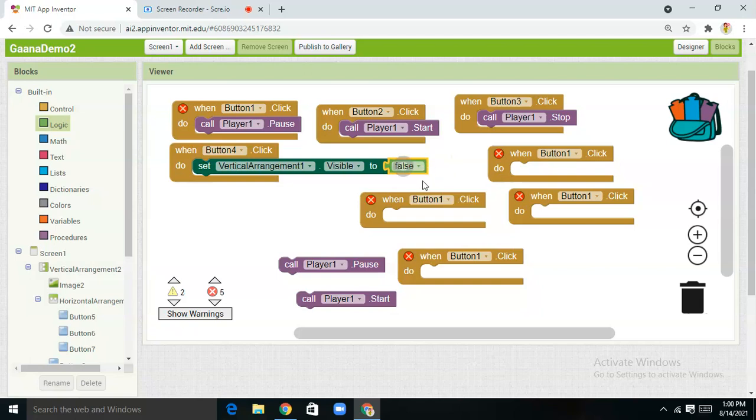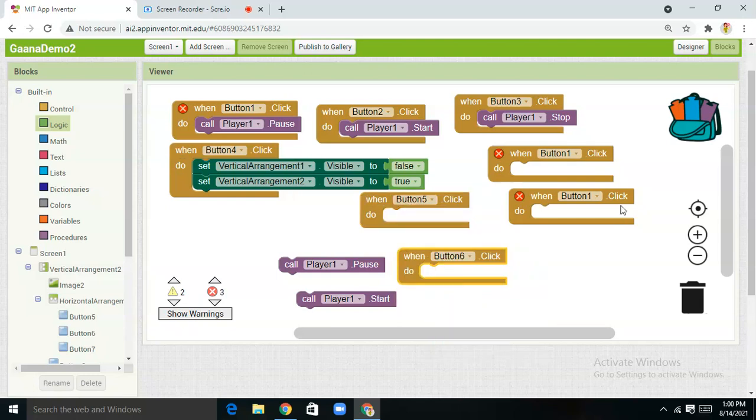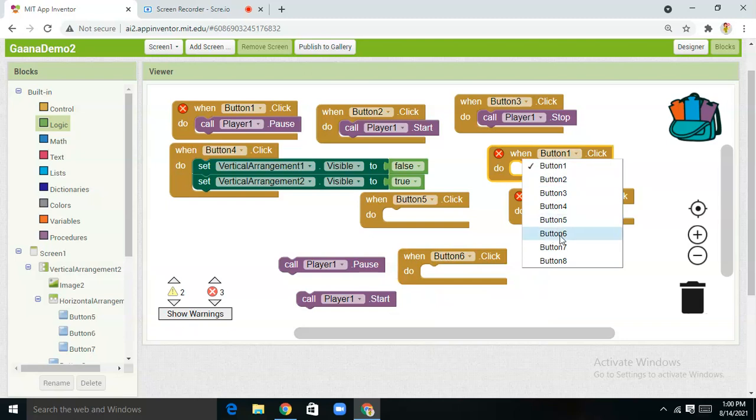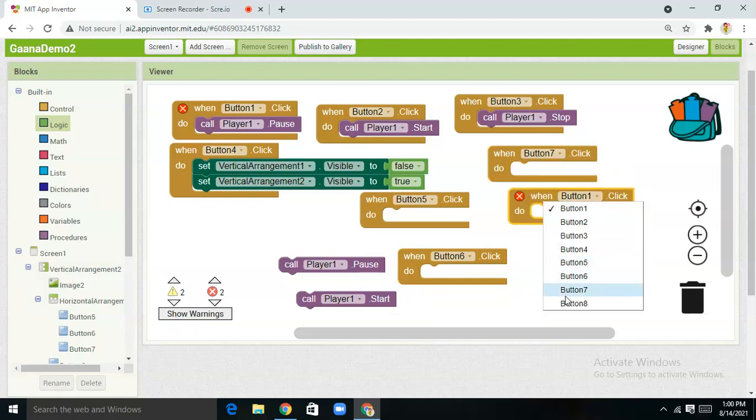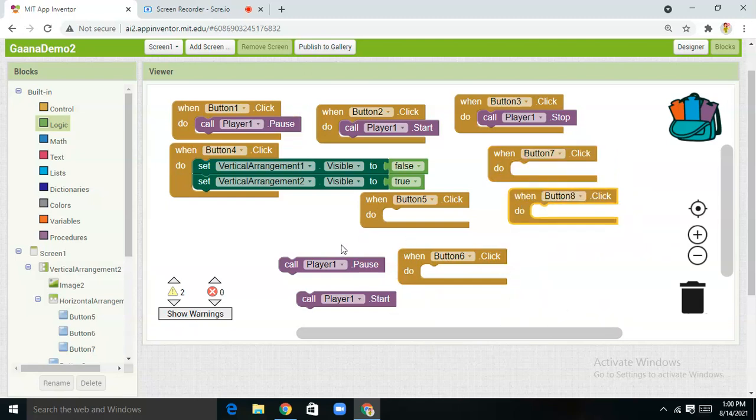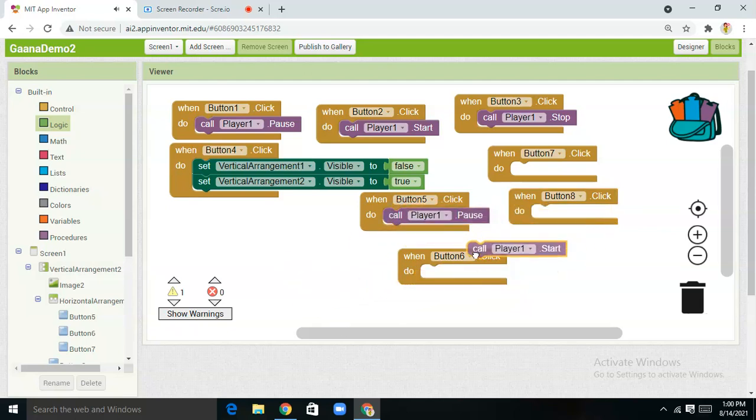Now what we want to do here, simply do one thing, come on logic and make it as 4. ठीक है. ऑल्सो अभी हम इसी ब्लॉक को डुप्लीकेट करेंगे एंड रिप्लेस इट हियर. अभी हमें इसको वर्टिकल अरेंजमेंट 2 करना है एंड वी हैव टू मेक इट एज ट्रू. ठीक है. नाउ next we have to do code for button number 5, not 4, I mean 5, for 6, for your 7, and at last for the 8.